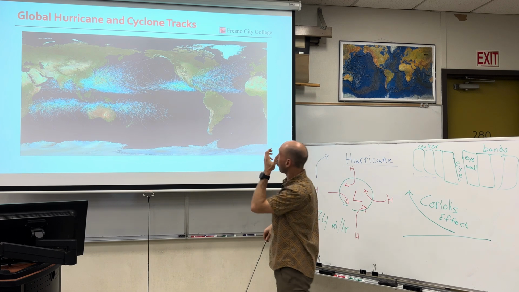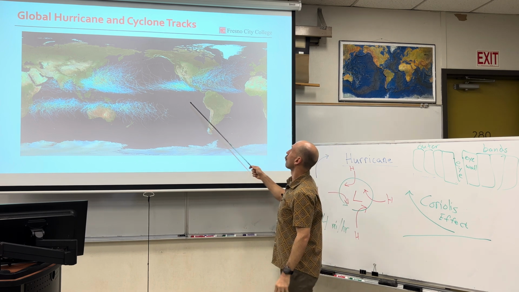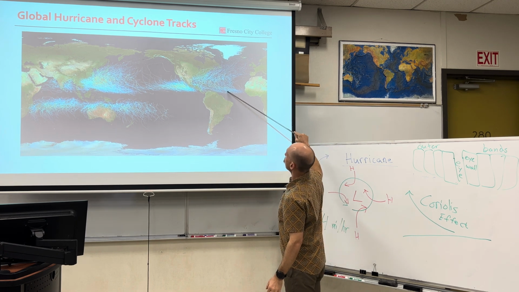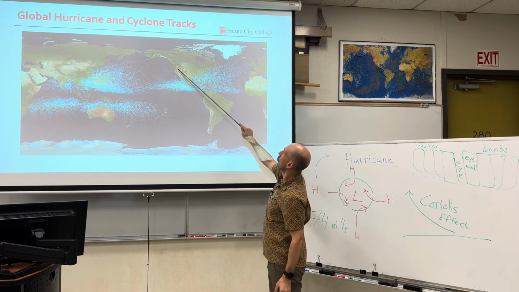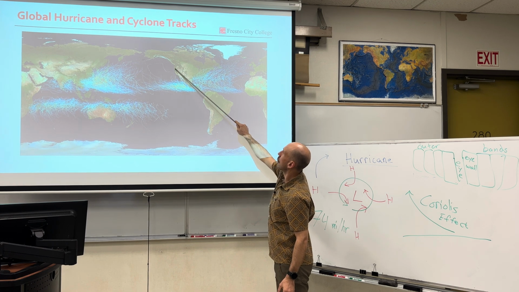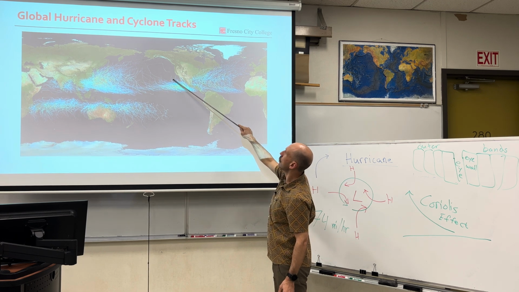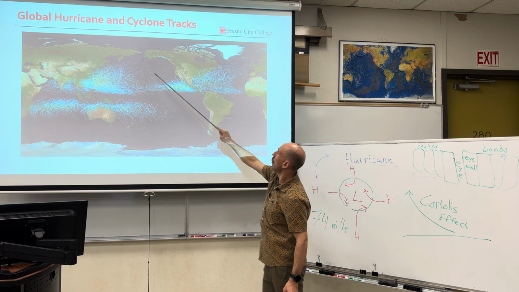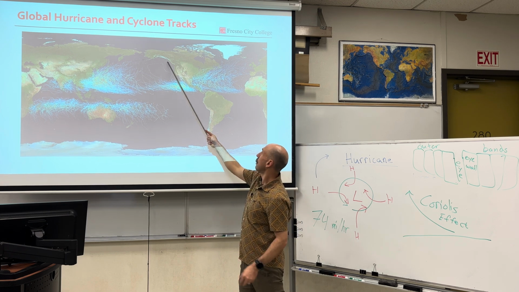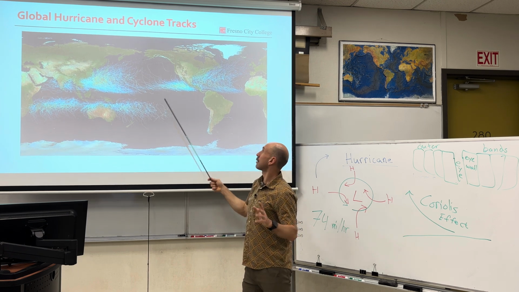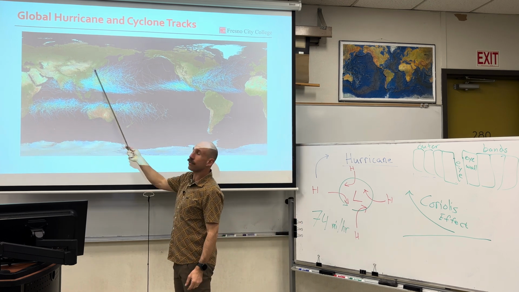Here we can see both cyclone and hurricane all over the world. So here in the Atlantic, these storms come up and reach landfall before they travel on. We don't really get many storms here on the west coast of the United States, because all of these storms that are generating down here lose their steam because there's cold water coming down due to the Pacific subtropical gyre that basically takes all of their energy out. Not to say it can't happen, but it's very rare. You go over here though, again, you have lots of hurricanes occurring